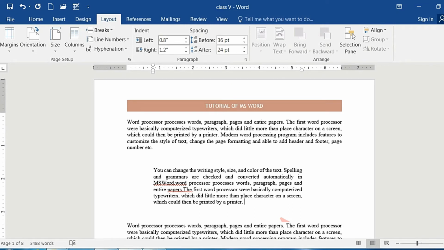Okay, so this is called the paragraph indentation, we will call it as. So here you have seen what is the indent and what is the spacing. Indent means how would you like the paragraph to appear. That means how much far away from the margin on the left side and the right side, that is done by this only. Okay, so this is all about the paragraph. So this is all about the layout tab.